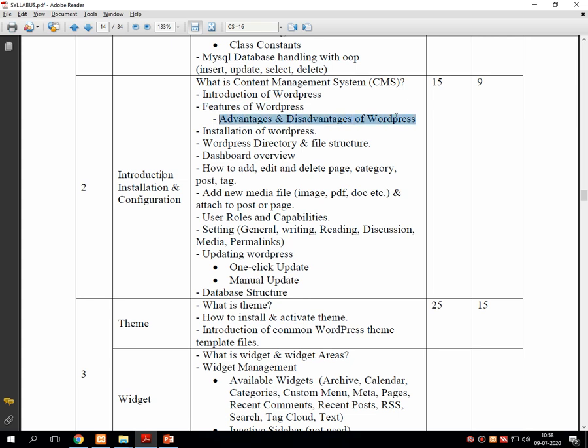with advantages and disadvantages of WordPress, installation steps of WordPress, directory and file structure for WordPress, dashboard overview, how to edit, add, delete the page, category, post, tag, etc. Then how to add media of several extensions like image, PDF, DOC, etc. How to add user roles and their capabilities, how to set